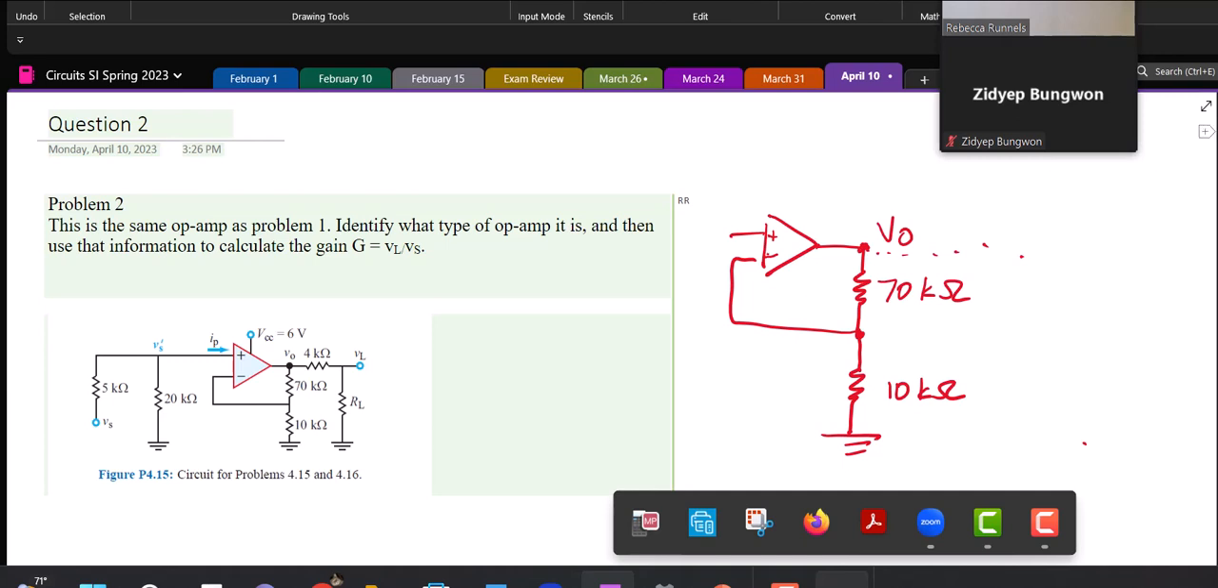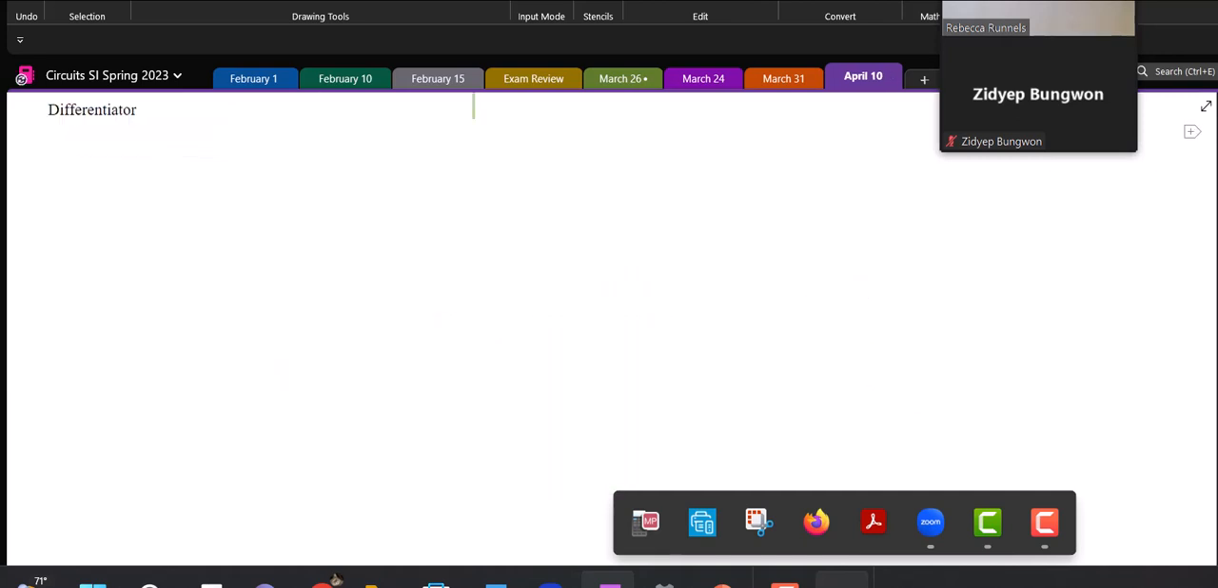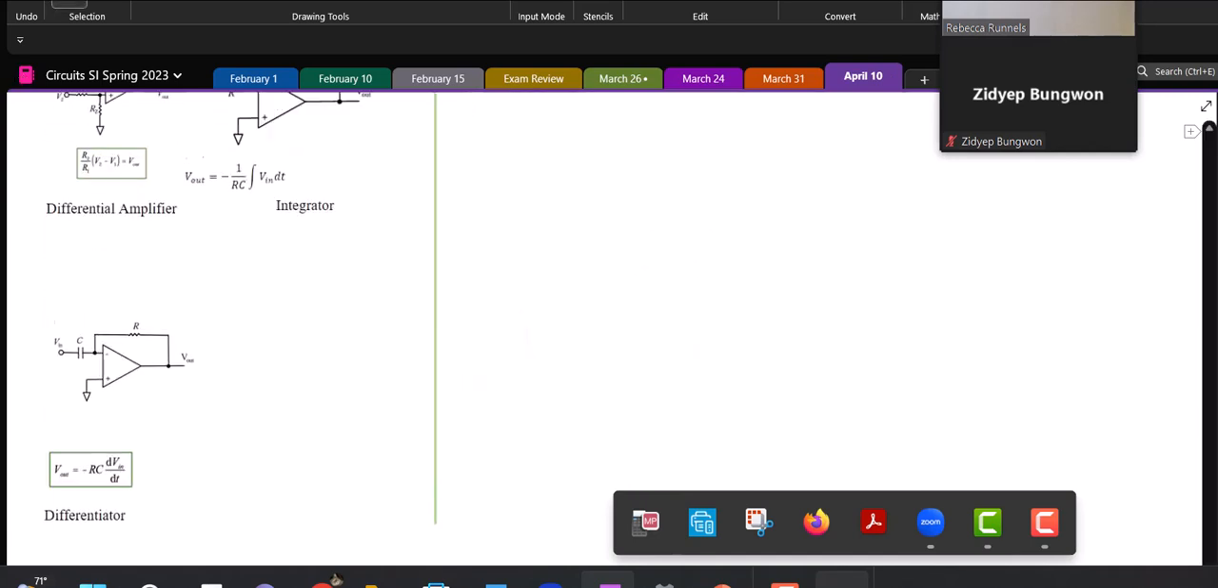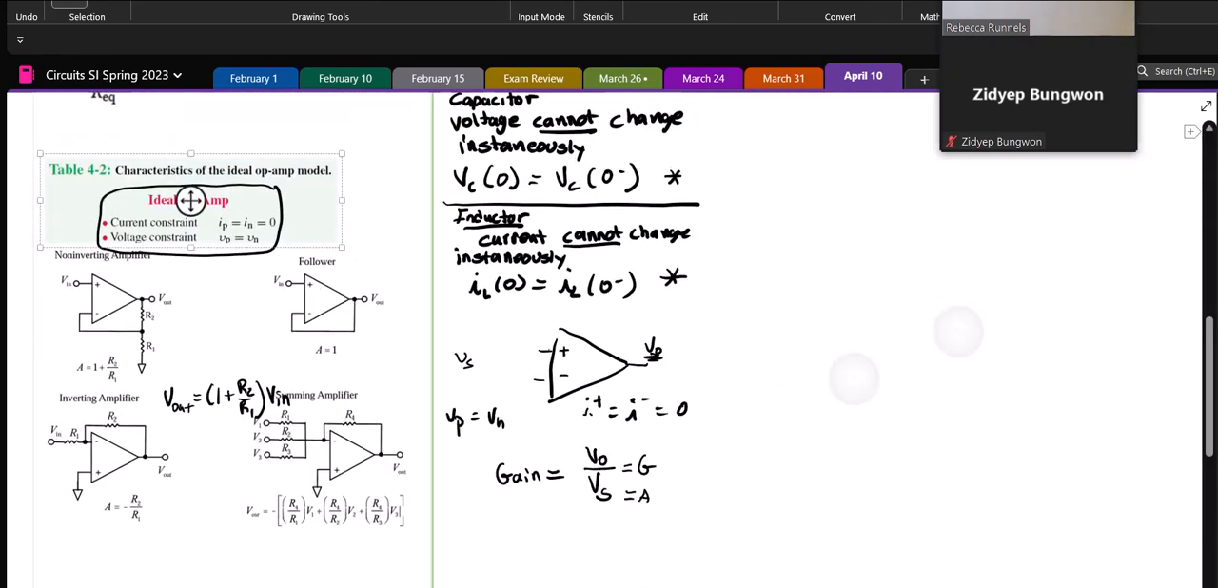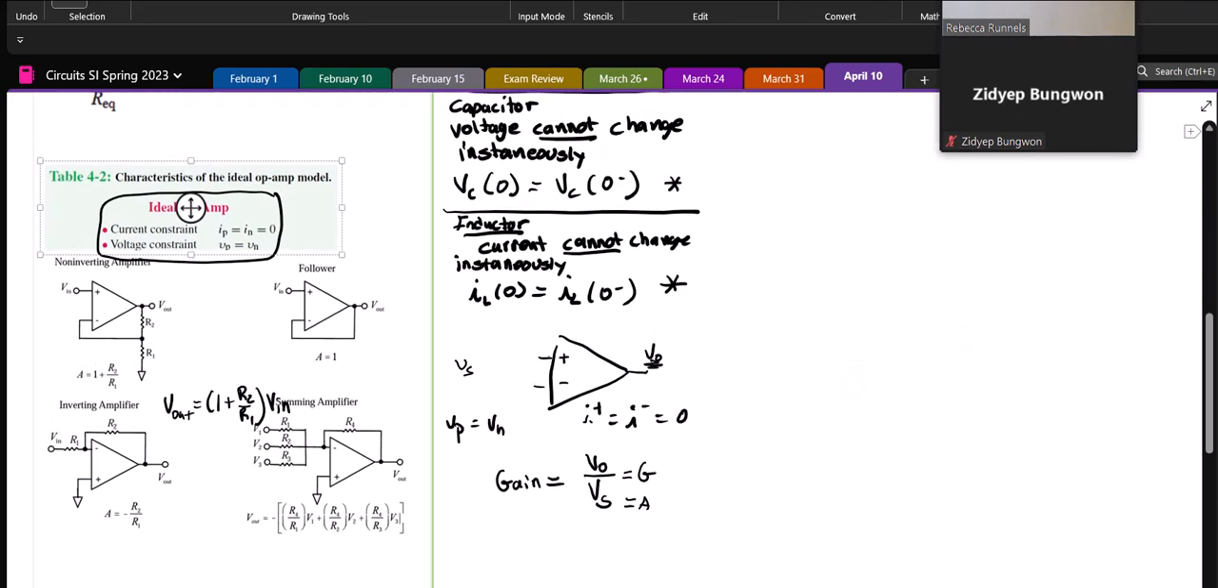And so if we go back and look, we see that it matches the non-inverting amplifier, which is one that you're supposed to know. So the non-inverting amplifier has our gain of A equals 1 plus R2 over R1, where R2 is the top one. Okay, so for just this part,